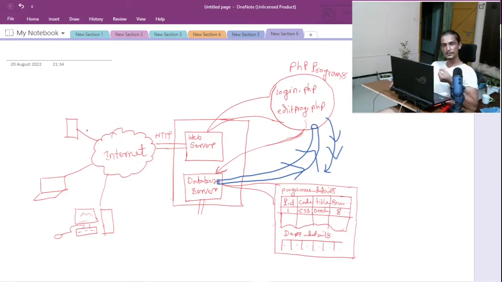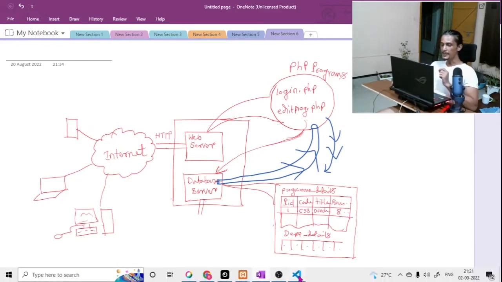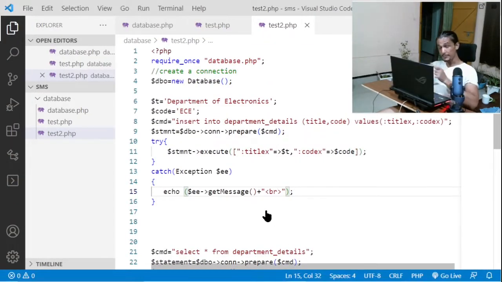A web browser is a program that understands HTML. Whatever you give as input to a web browser, it will try to interpret everything as HTML. In HTML, a line break is the BR tag. If you write this BR tag here, it means that along with the output, it will also send